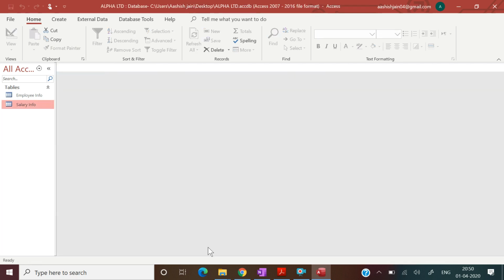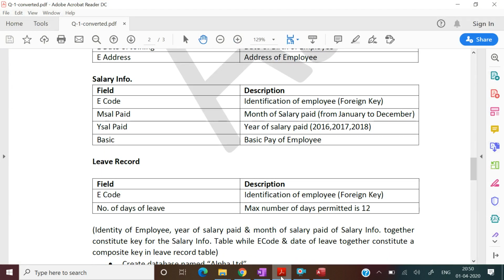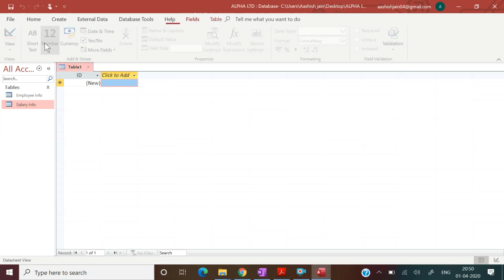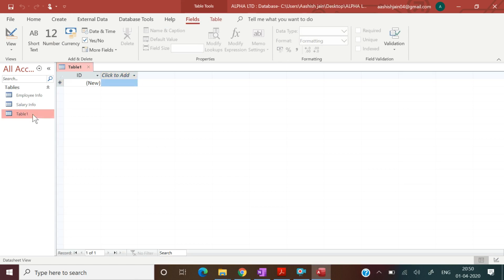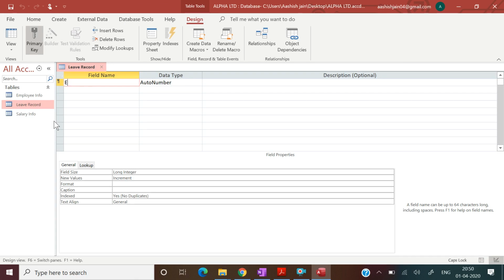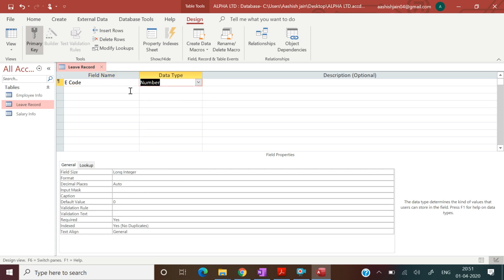Then we need to create another table for leave record. Go to create table, give a name to this table, leave record. The first one is employee code, that must be a number.